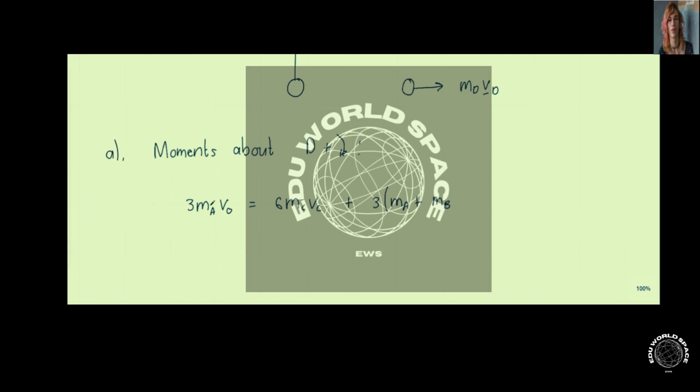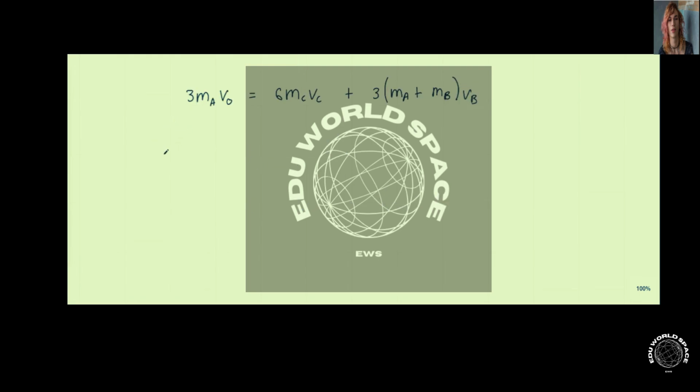So taking moments about d gives us this expression. And if we rearrange this expression and make vc the subject of the formula, we get the speed of c, vc, is equal to 3 times ma over 6 times mc times v0